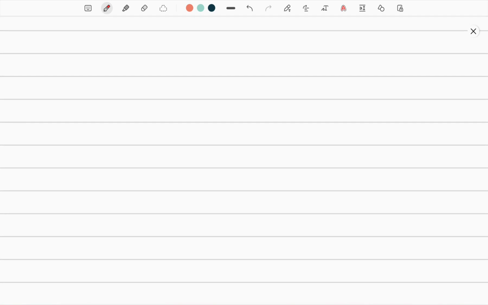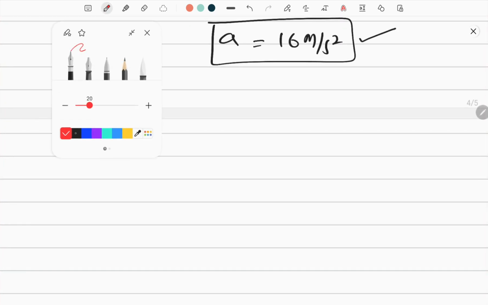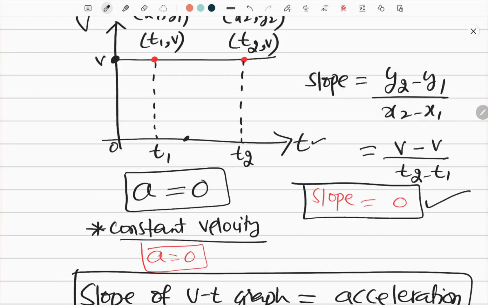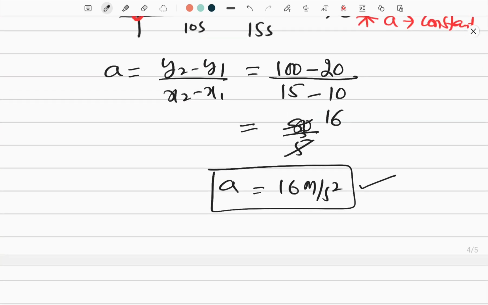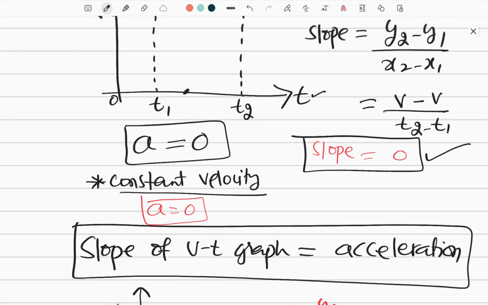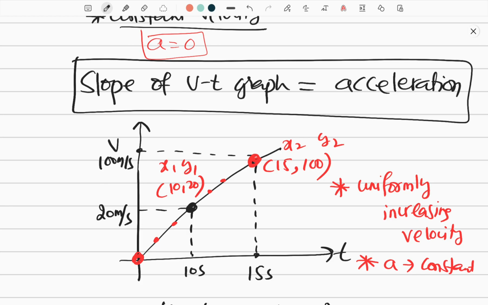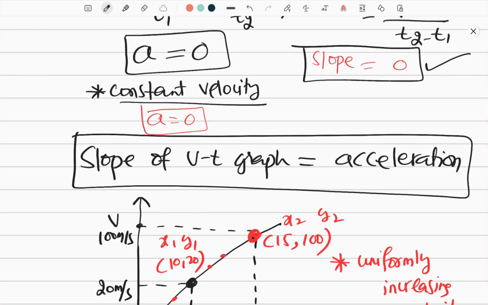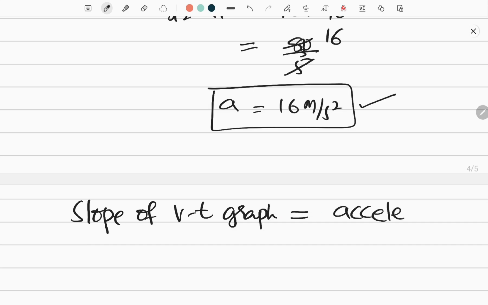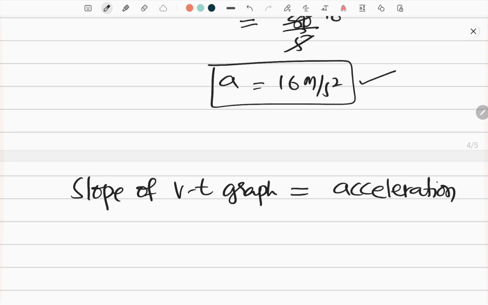So whichever velocity time graph is there, just find out its slope so that you get the value of acceleration, and this holds good for all the graphs. Whichever graph you take, for everything it will be all right. All right, dear children, I hope the concept of a velocity time graph and how to find out its slope and how to find the area is clear, I guess. So the slope of a VT graph means we are going to get the acceleration. Please remember this, very very important.